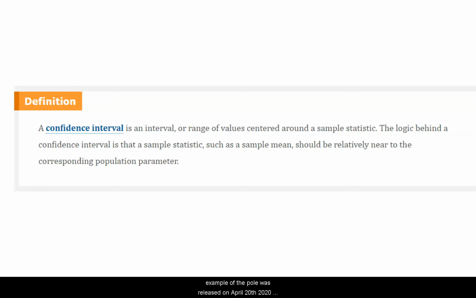Let's say we took a poll, and the poll was released on April 20th, 2020, and the question was, do you approve of President Trump's handling of the COVID crisis here in the United States? And maybe the number's 46%. So we would cite that. And how many people were polled to ask that question? It could have been as few as 1,000, right? We got a population of 332 million, and only 1,000 people answer the question. So the suggestion is the true population mean probably isn't exactly 46% approval for his performance.